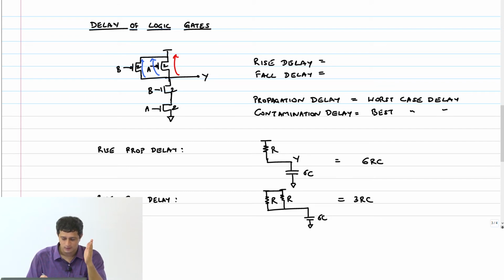But the bottom transistor, suppose that input was high for long enough and it has discharged that intermediate node X to ground already, right? Then the output Y needs to be pulled down to ground, that's all. As opposed to if the A input also had to discharge X to ground, then both these nodes have to be discharged to ground at some point. So therefore the contamination delay is